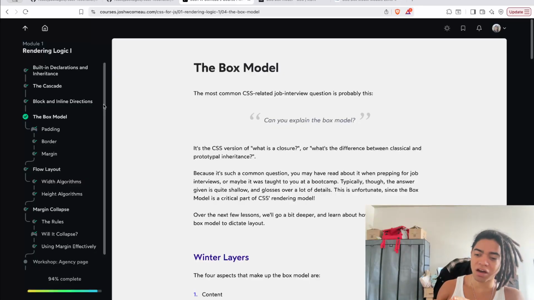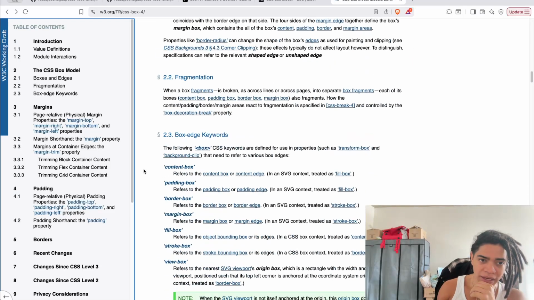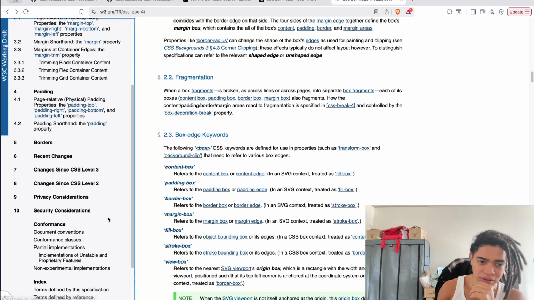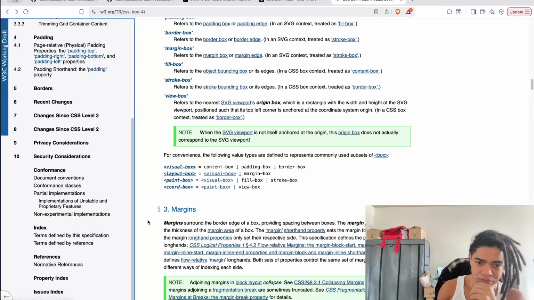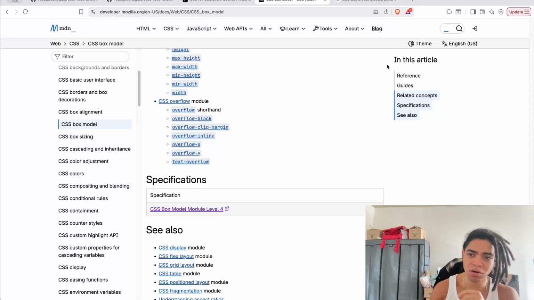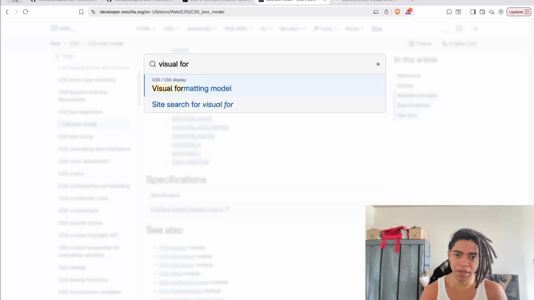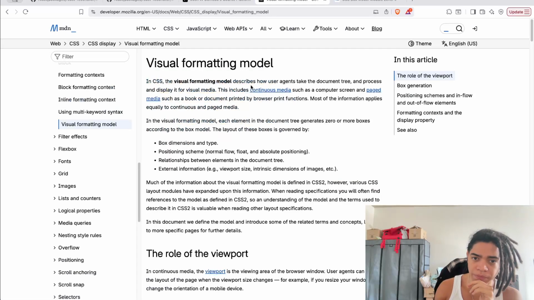This context, or stacking context, or rendering context, or particularly the visual formatting, as they mention here, is something that they don't describe here. But if you take a look at the visual formatting model here, okay,